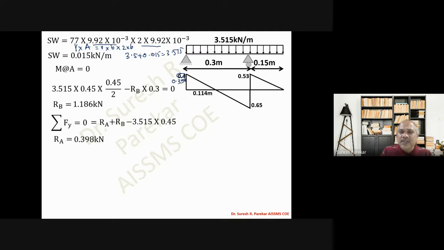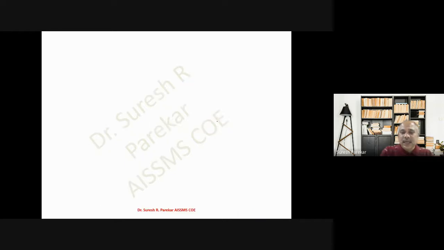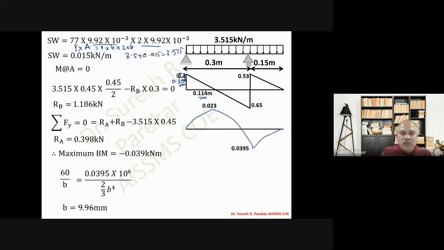I have actually first rounded it up, but considering the weight, these values' variation is very small, and therefore instead of 0.4, I have considered 3 digits. Now this comes 0.114. In the last we had 0.113, and then we have bending moment 0.0023 and 0.039. In the same fashion we have to calculate, and then substitute the values. You will get B as 9.96, and D we can have B into 2, and that will give you value of D. So likewise we have to find out the values of width and depth from this.